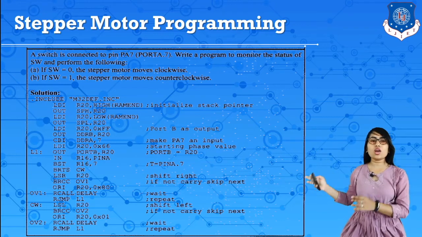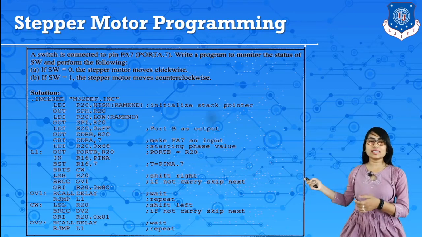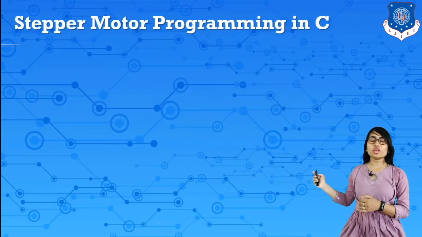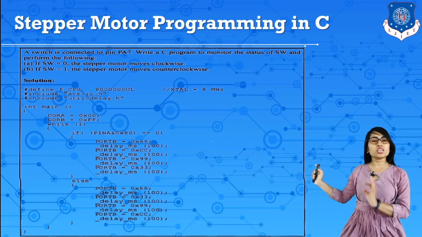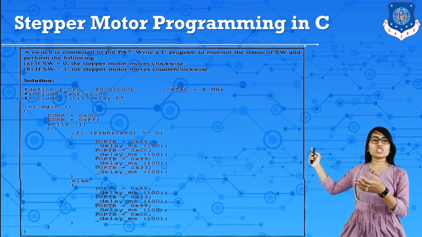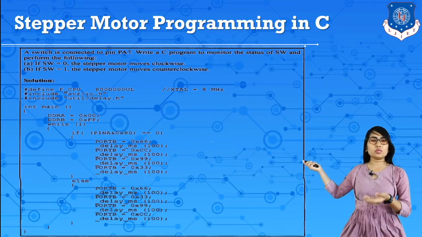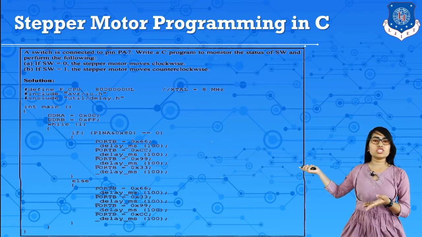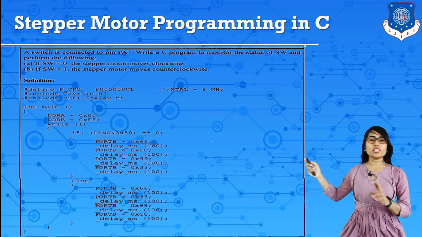So this is how we can make a movement of a stepper motor either in a clockwise or counterclockwise direction. Here is stepper motor programming in C; the same things can be initialized using C programming. So define this value, then include the AVR library, and here also use inbuilt functions. So we include the delay library functions. Now make A an input and B an output, then wait over here.